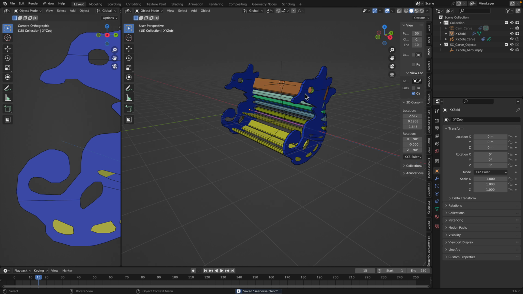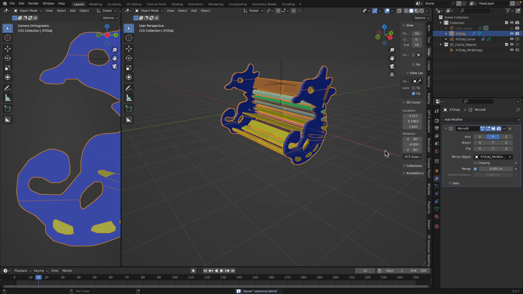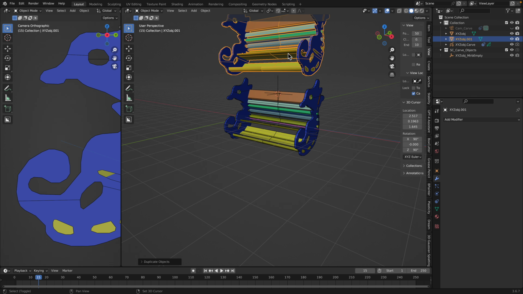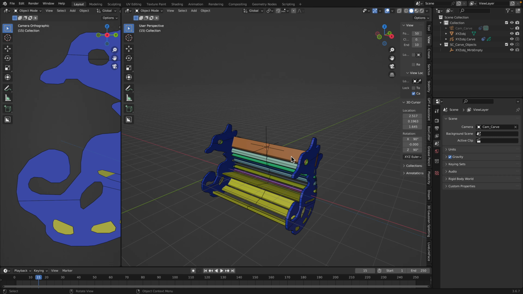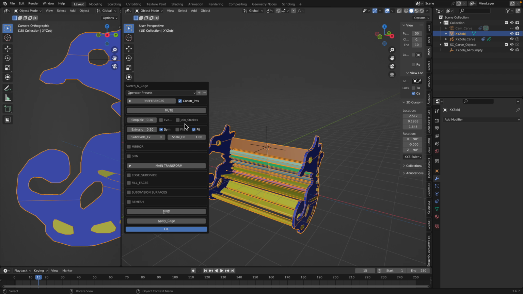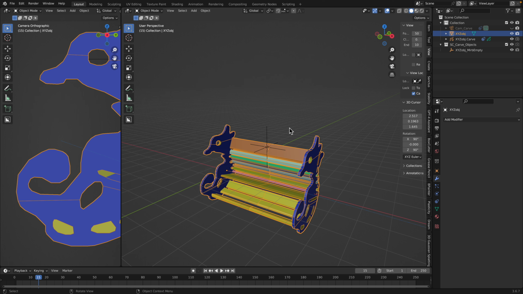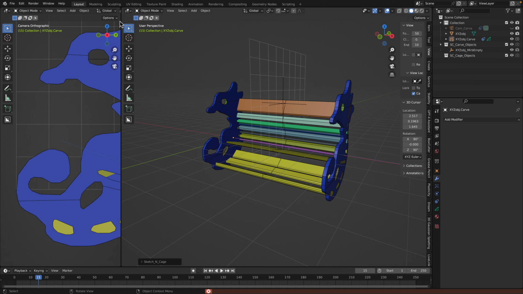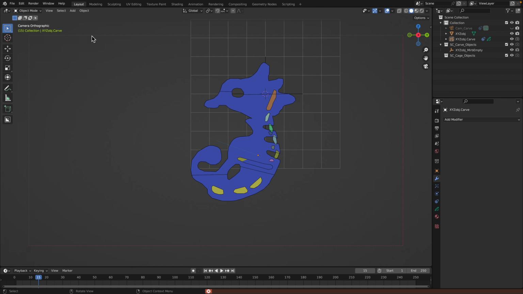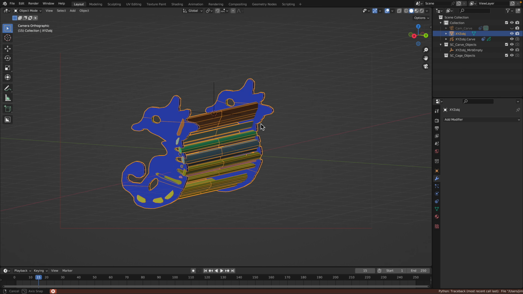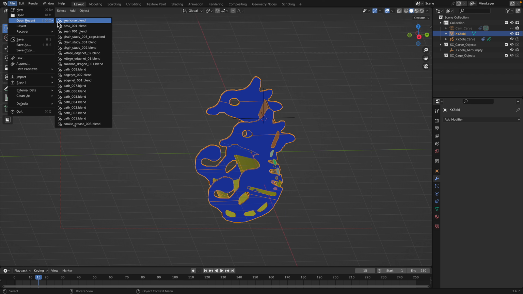What we can do more from here, once this is created, right click, convert to mesh, we can start using Shift K, SketchNCage. So this is a different add-on. It's the same add-on, just an extension, and you basically draw shapes to create a cage. Probably that could be for another video tutorial,